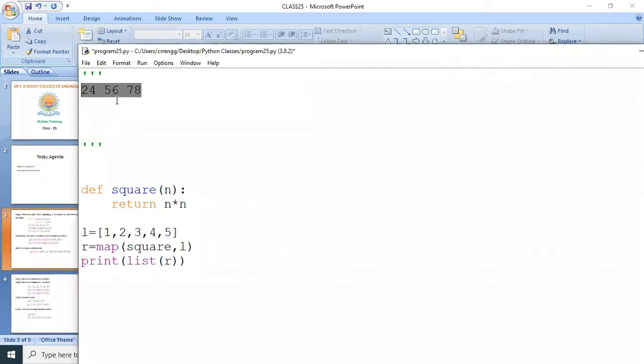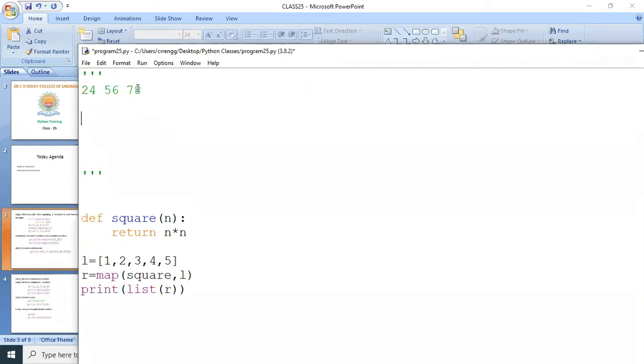So you are going to apply a function. Whatever you read is in the form of a string, so I need to apply the int function. Similar to this instruction, square is a function name and L is the iterable data type. Similarly here, these are the iterable data types, the different items, and you are going to apply this int function. So how can we write that?